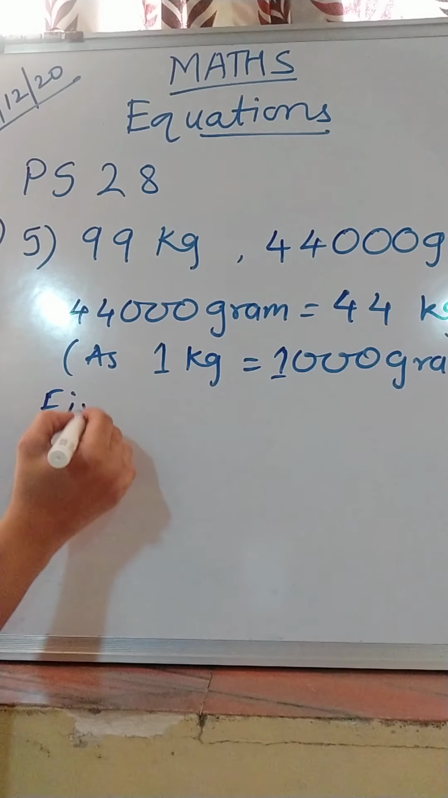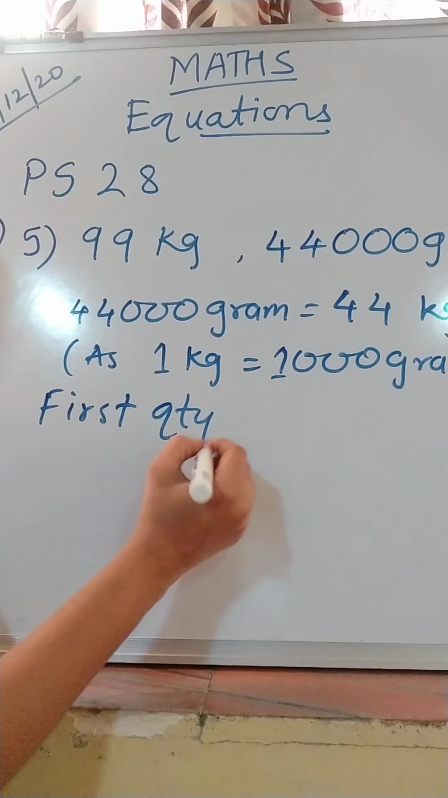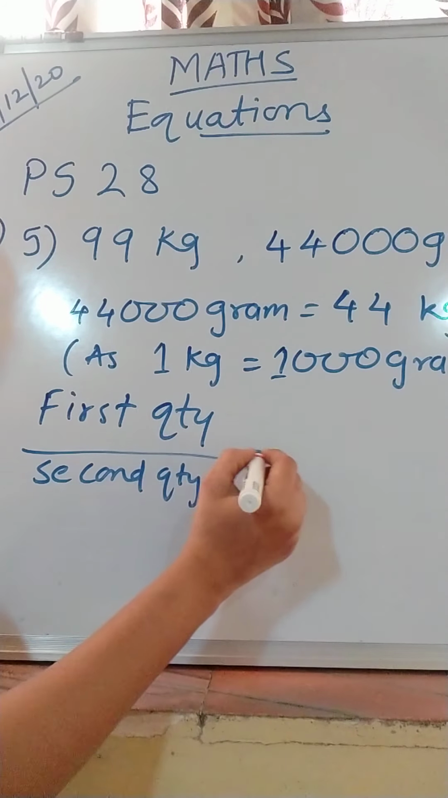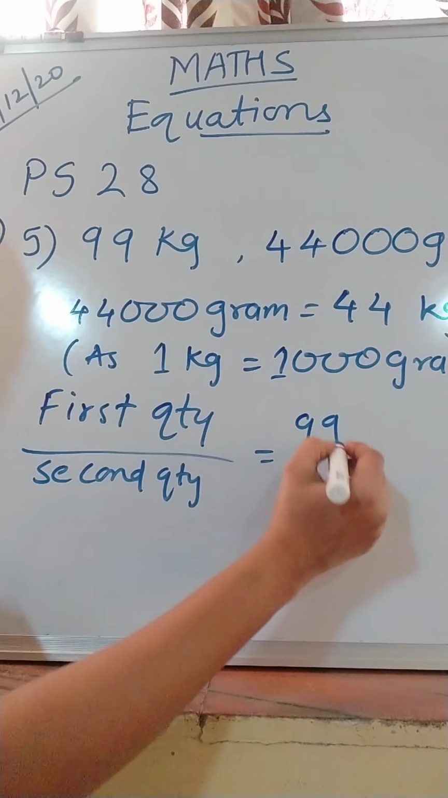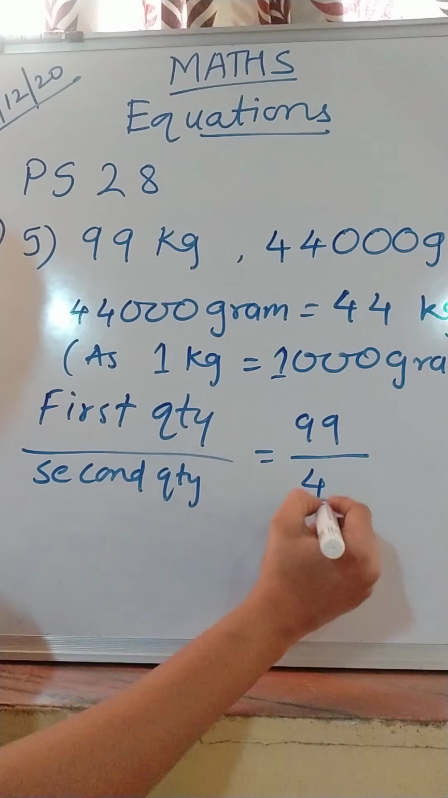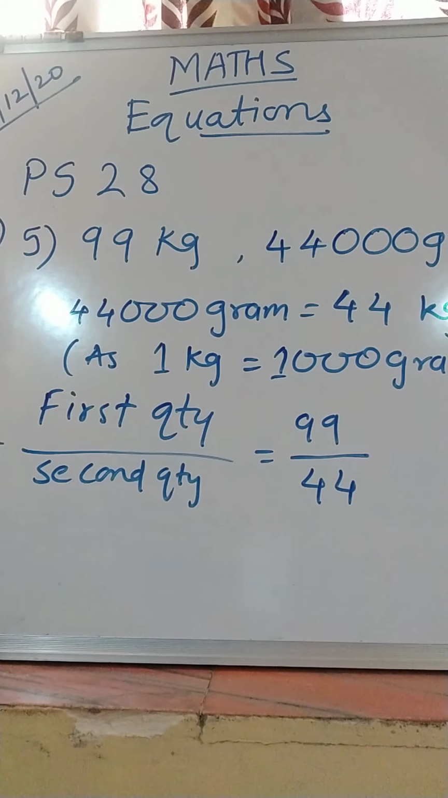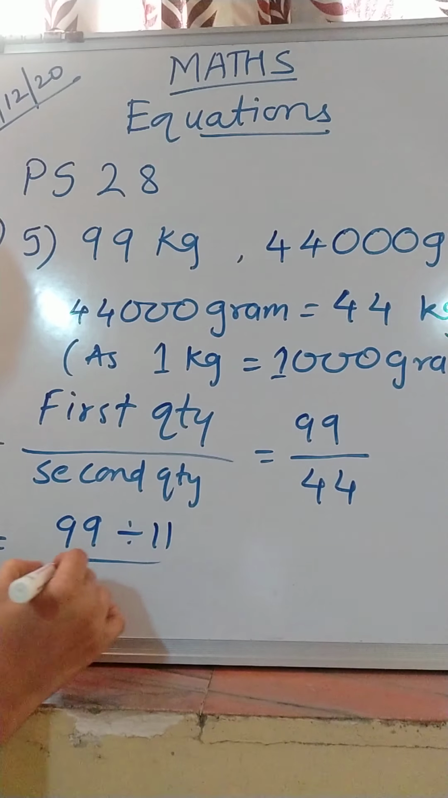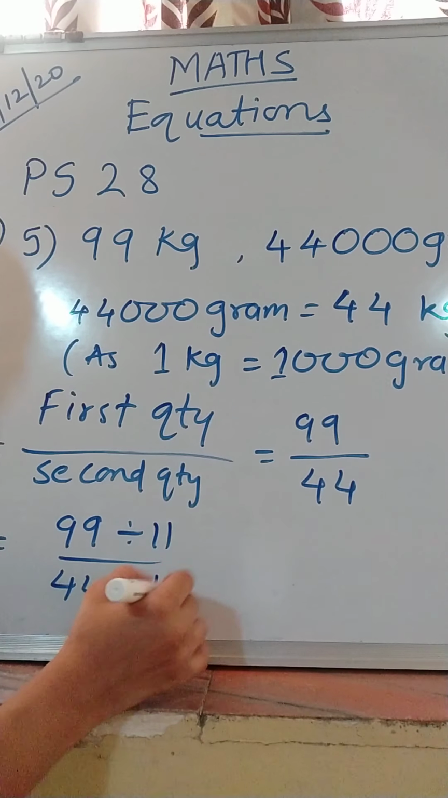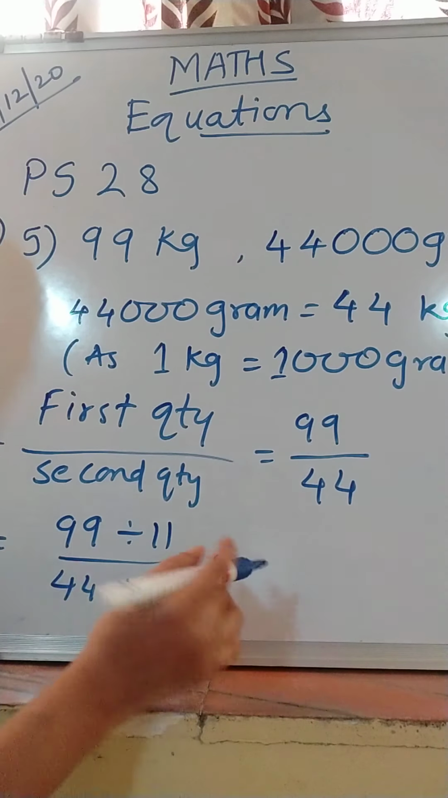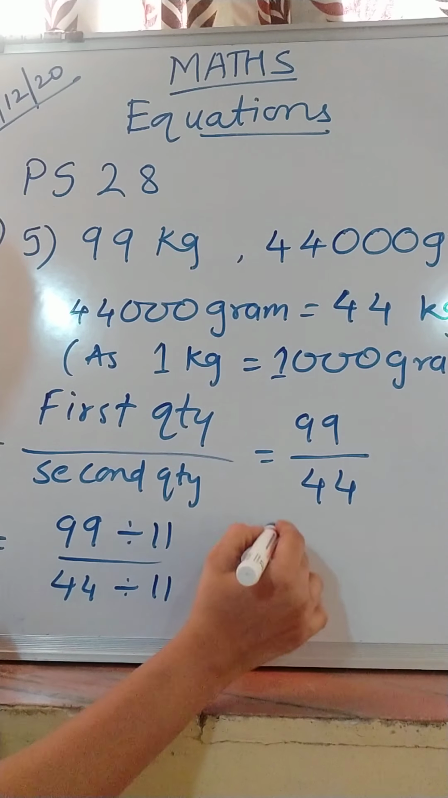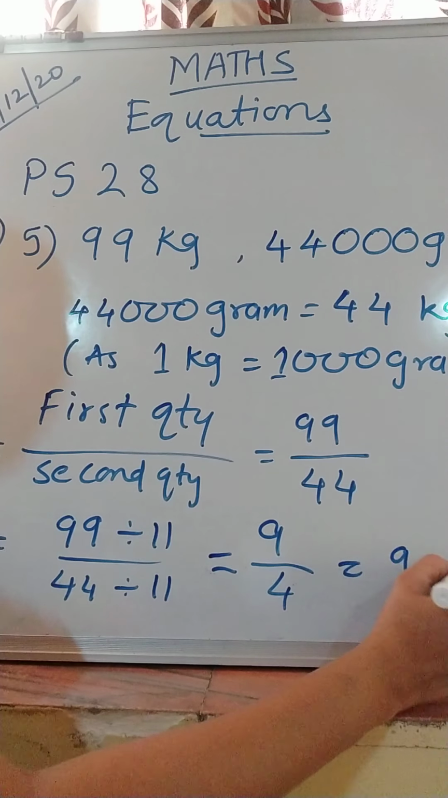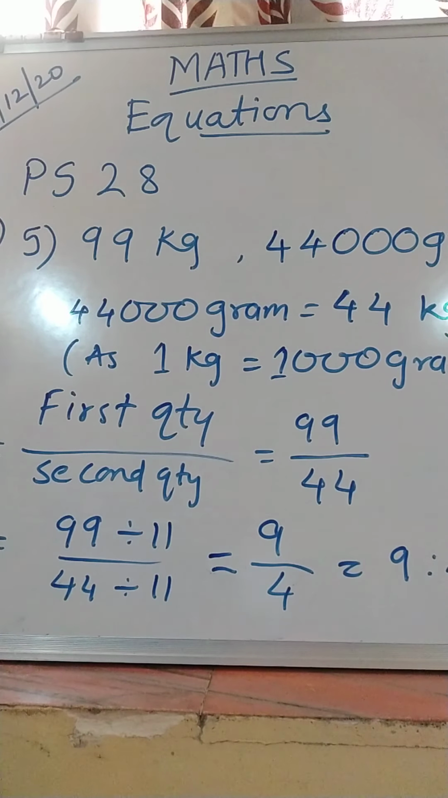So for that reason your 44,000 becomes 44 kg. Now write first quantity to second quantity. What is your first quantity? 99. Second quantity is 44. Both numbers can be divided by 11. So 99 divided by 11 and 44 divided by 11. 11 nines are 99 and 11 fours are 44. So your answer is 9:4. Okay. Next,